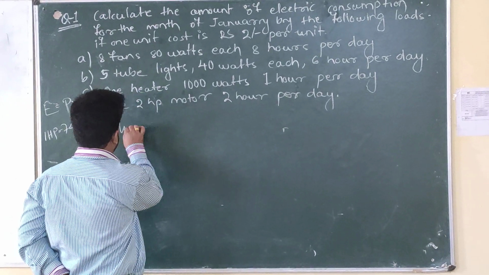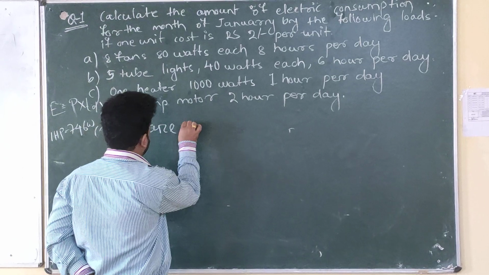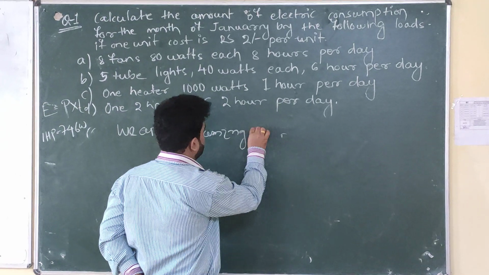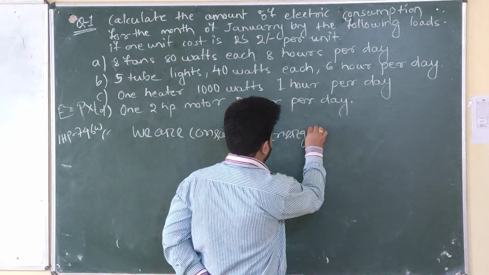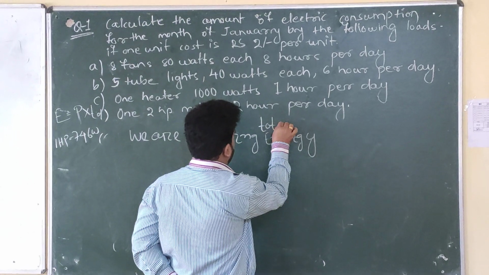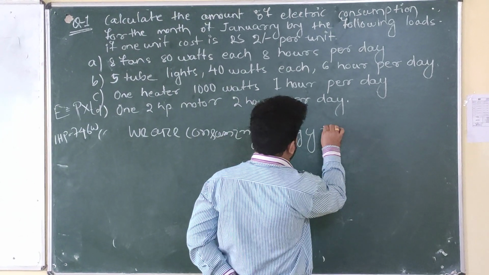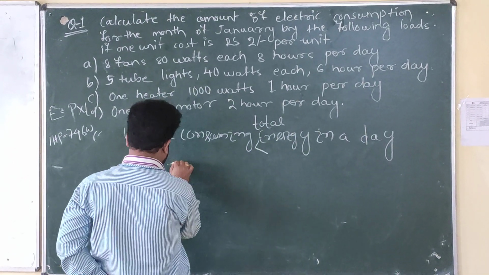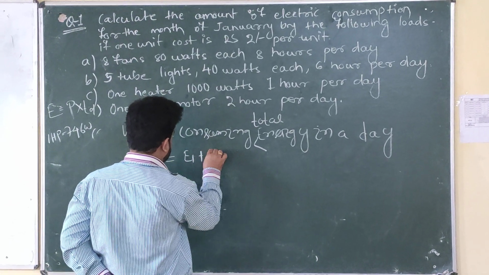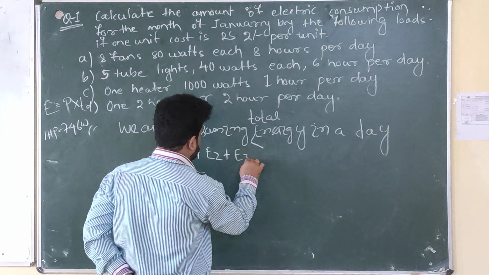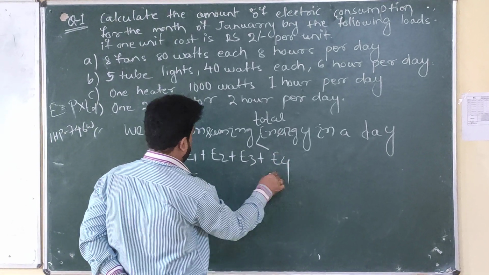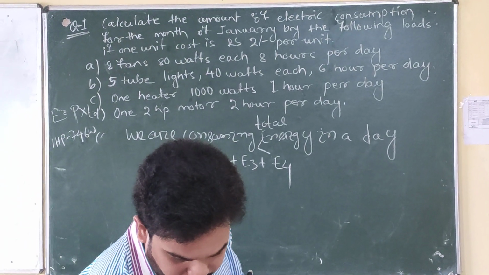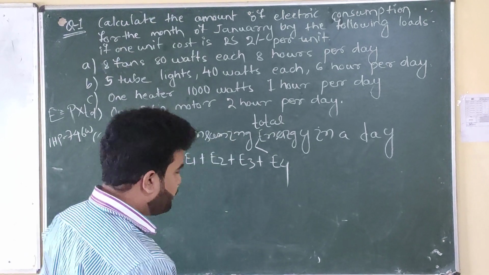Total energy in a day, E1 plus E2 plus E3 plus E4. You just add it, and you will find 10304